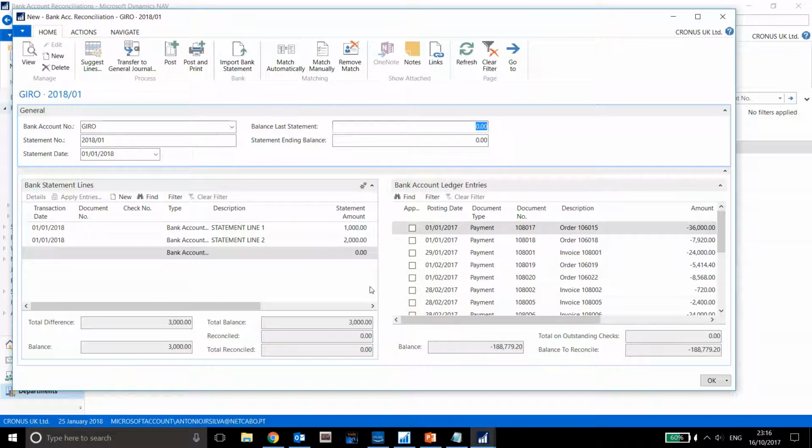But remember, we can do this for other kinds of processes, journals, documents. So the data exchange definition is a very important tool we have in this Dynamics NAV